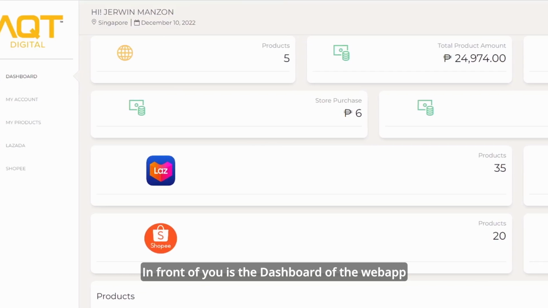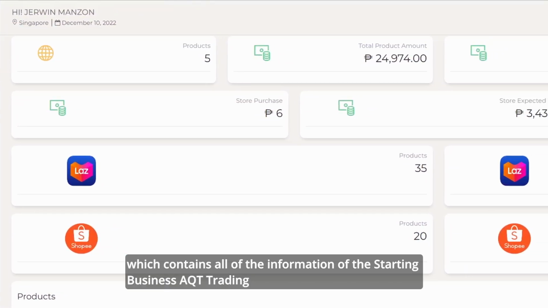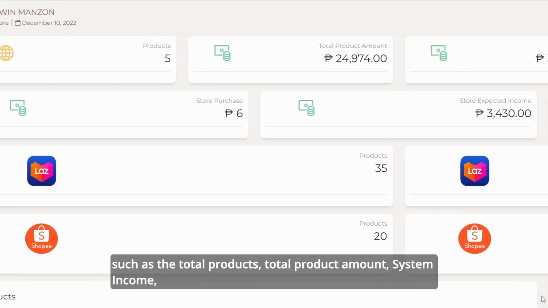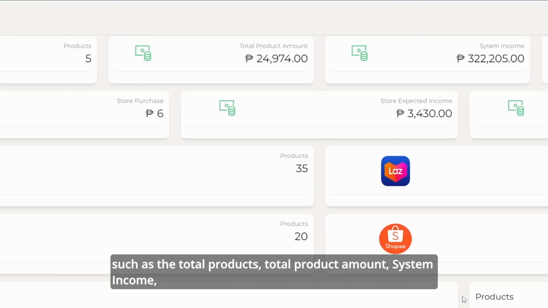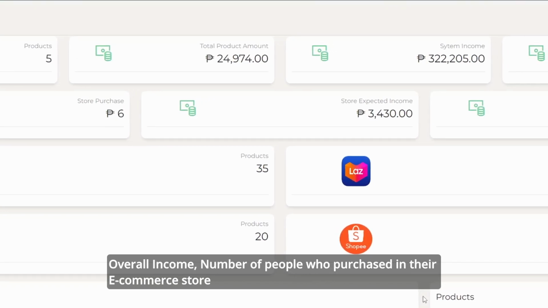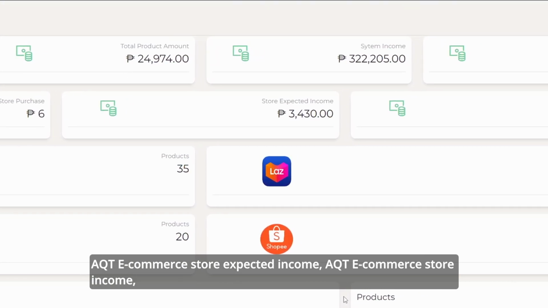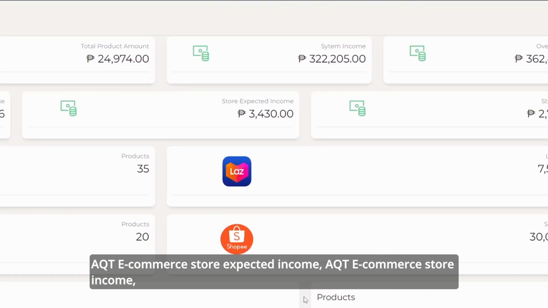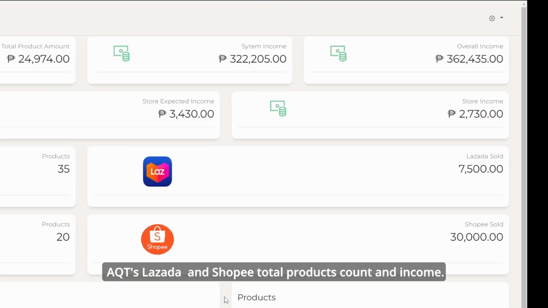In front of you is the dashboard of the web app, which contains all of the information of the starting business AQT trading, such as the total products, total product amount, system income, overall income, number of people who purchased in their e-commerce store, AQT e-commerce store expected income, AQT e-commerce store income, AQT's Lazada and Shopee total products count